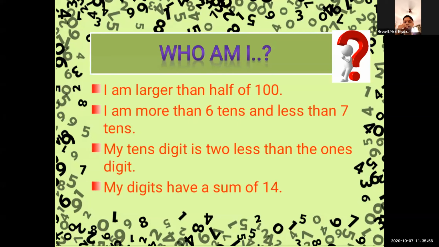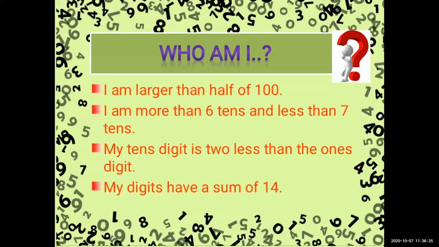Sir, 68. Neeraj, if it is a wrong answer, you will be disqualified and Group A will get the chance. Okay? No wait, you have been selected, you have raised the hand. You have to tell the answer fast, otherwise you will be disqualified. Yes, Neeraj, you can unmute yourself now. Sir, 68. Okay, let's see the answer.